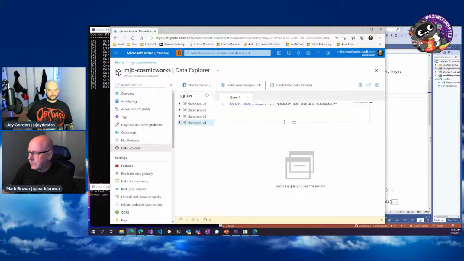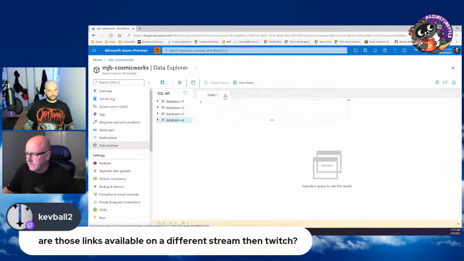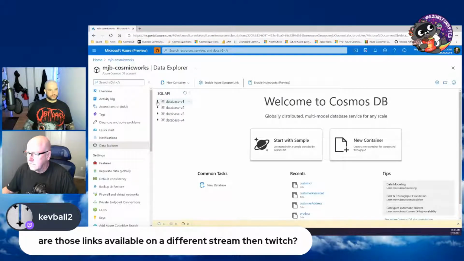What I wanted to show you first, though, is the simplest thing you can do when you get started: you want to write queries for your data as you start figuring out how your app is supposed to work. And so where's the execute on here? This screen got all messed up here.